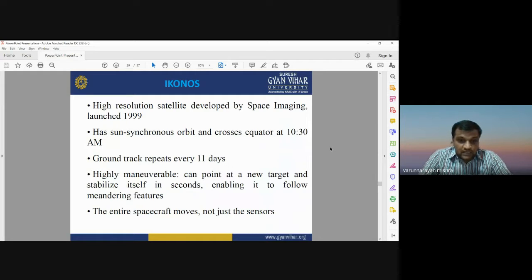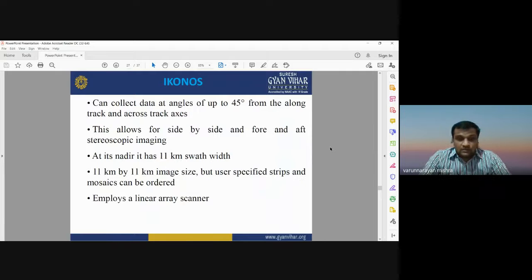at a new target and stabilize itself in a second, and that enables it to follow meandering features. The entire spacecraft moves, not just the sensor. So IKONOS sensors can collect the data at an angle of up to 45 degrees from the along track mode